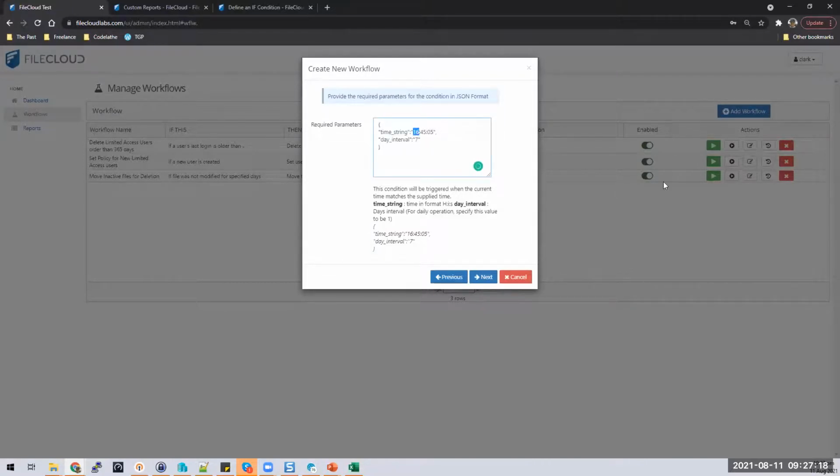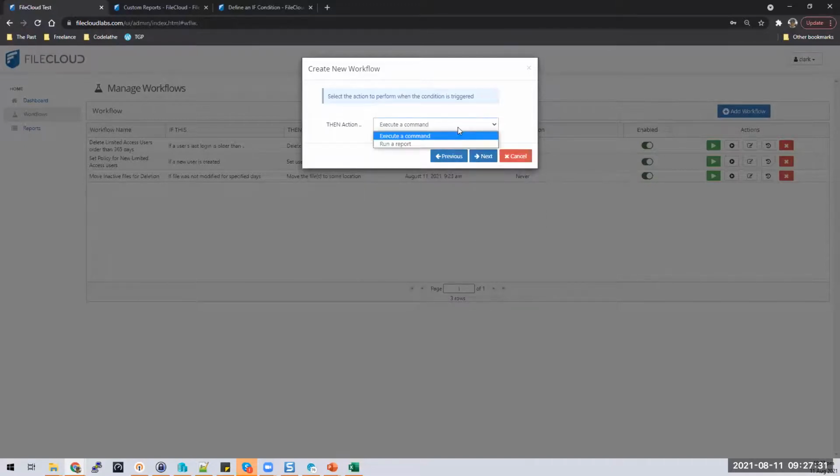And then I could set the value here to be 1200 hours, so that will be all zeros. And every 7 days, I could do that one. I could run the report, or I could run the report every 30 days if I wanted to, and go ahead and click next. So in this, for the action, if you notice,